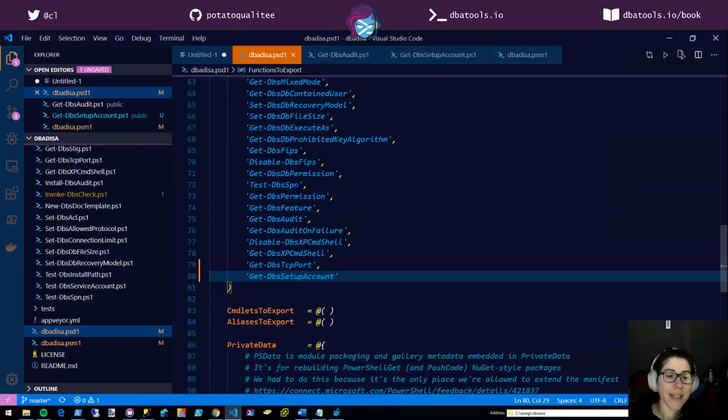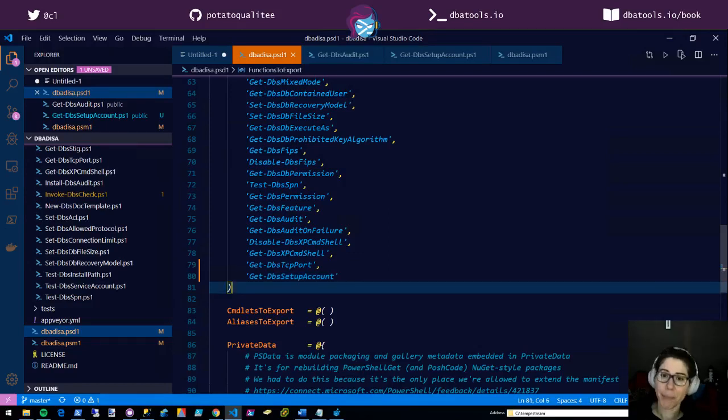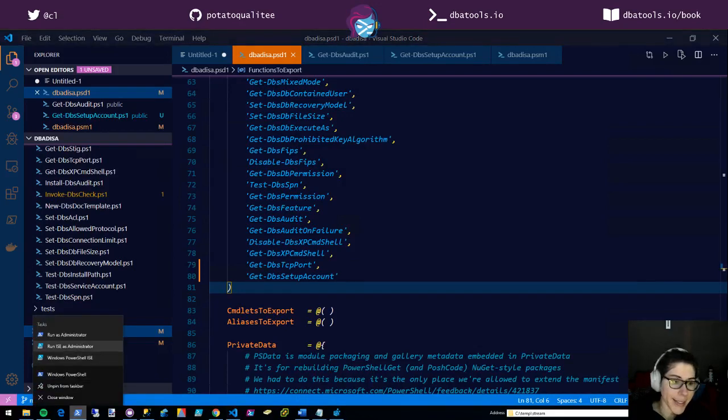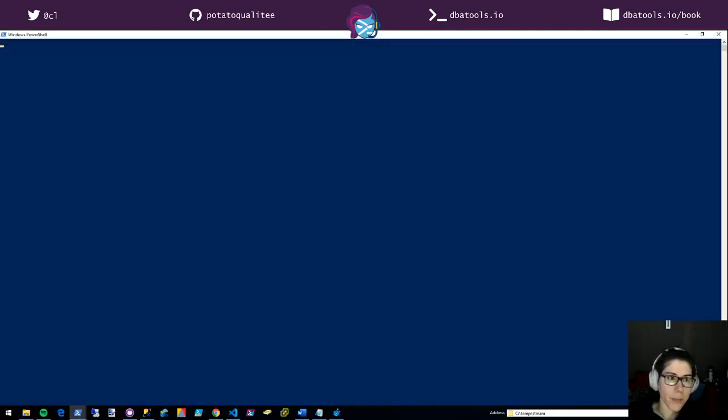What this says, so I'm adding it. Whenever you create a command, it's private until you make it public. The difference is that whenever you make it public, when a user imports the module, they can see it. Check this out. Usually you don't have to, but I'm going to do an import module. This is done automatically, but because I want to show you on this stream, I'm going to do it manually. Module DBA DISA.